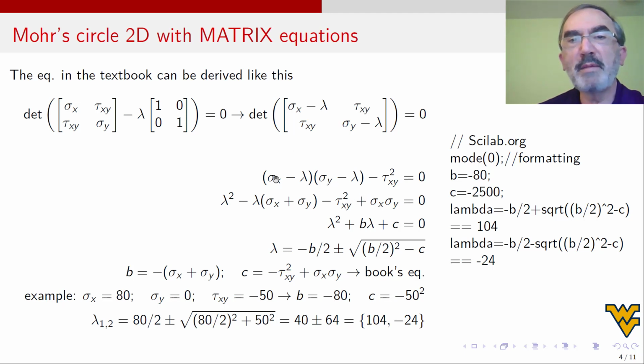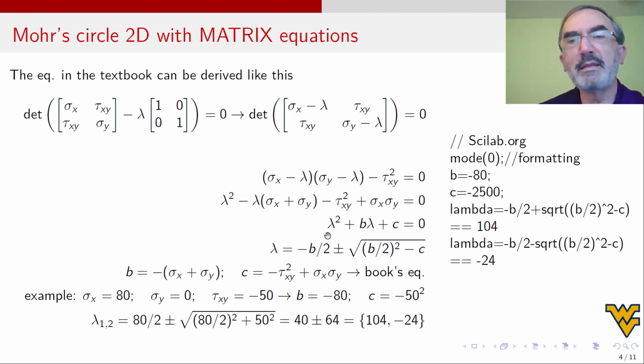There is sigma x and sigma y, which is positive, so I put it right there. And now I got it. Now I recognize that this equation is a second order equation. In math, you have seen this. Here it says x, yes, but it's the same, lambda. And these guys, you know, this you know, this you know. So the only thing you don't know is lambda, but it's a second order equation.